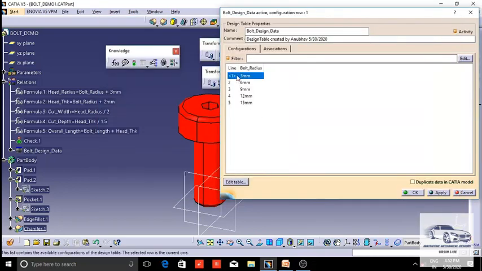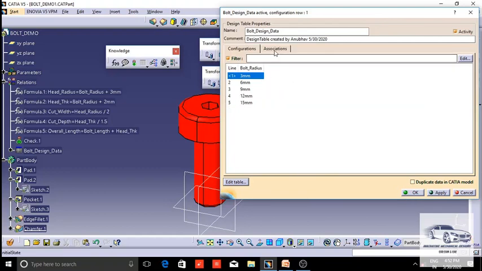Now here I can see that a new parameter has been added, but at this stage, this part number parameter has only been imported from the Excel sheet to our design table, but still it has to be associated with our part.